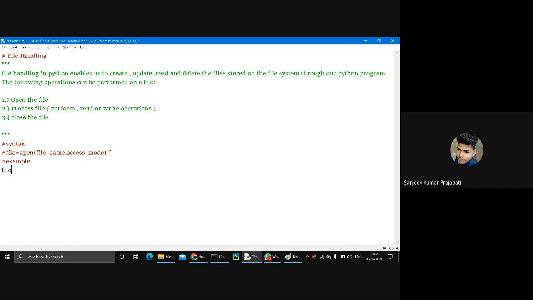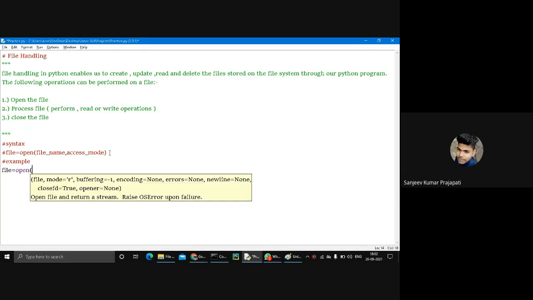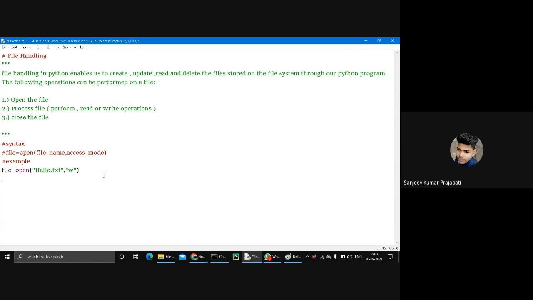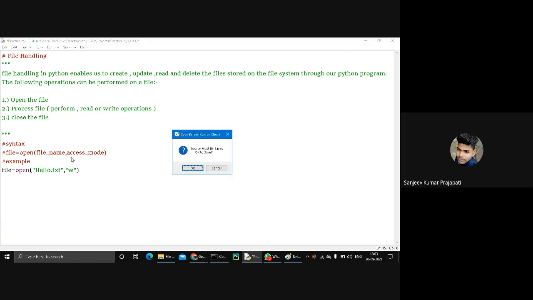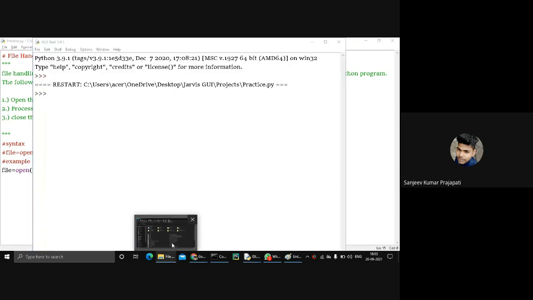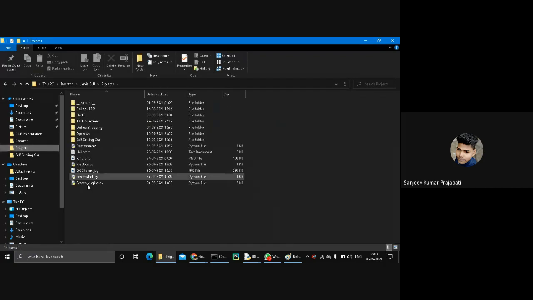For example, file equal to open, my file name is hello.txt and my mode is write mode. Then I want to add some data in my hello.txt file. So I press F5 and you see the hello.txt file is available.